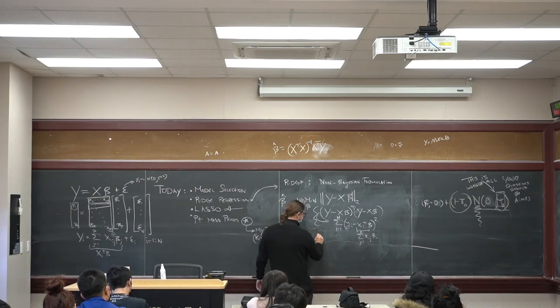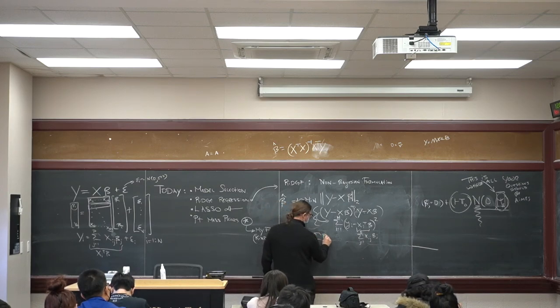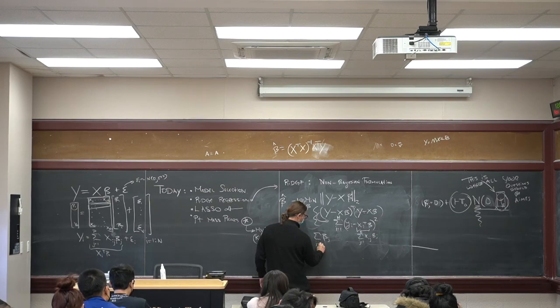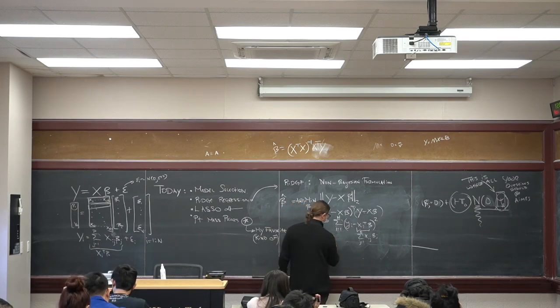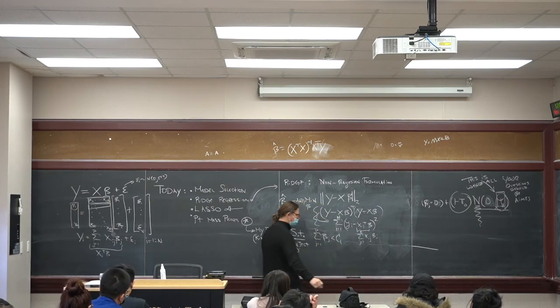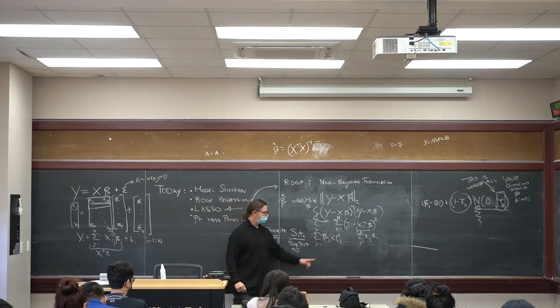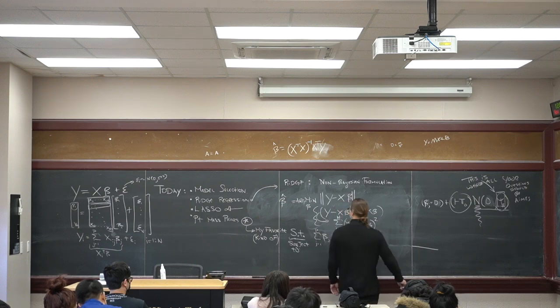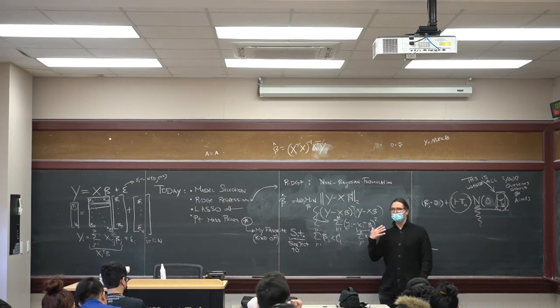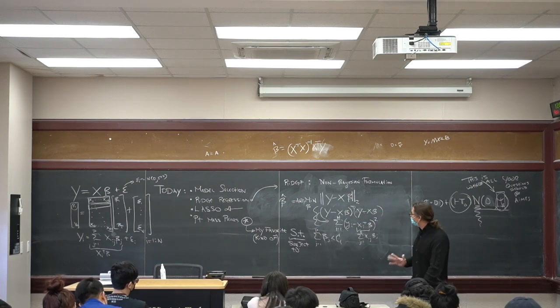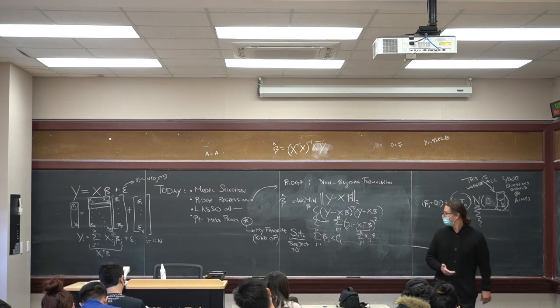And it looks like this. Sum of the beta j's, j goes from 1 to p, is going to be less than some constant. So this is going to be some penalty right here. So this is going to be a constrained optimization problem. And this is what ridge is, or Tikhonov regularization.